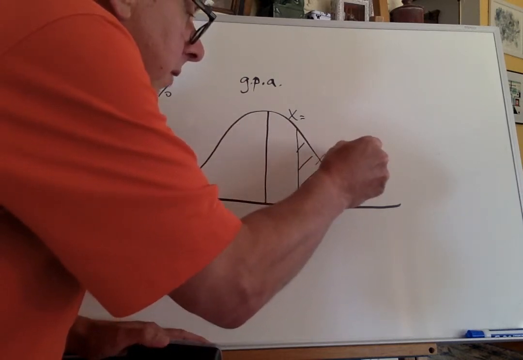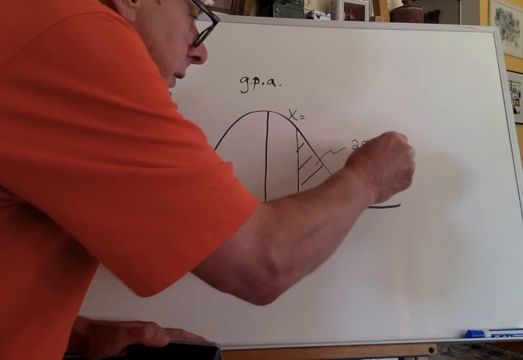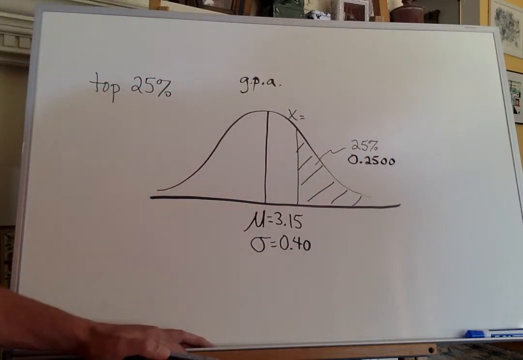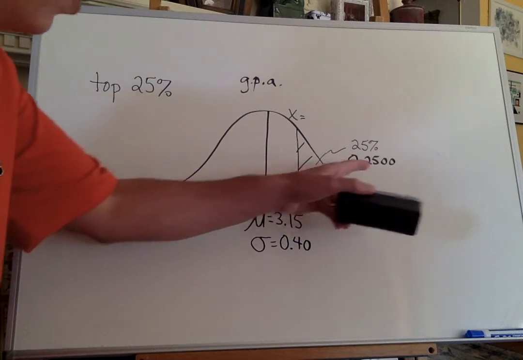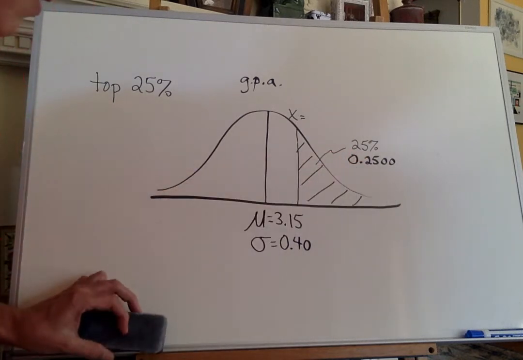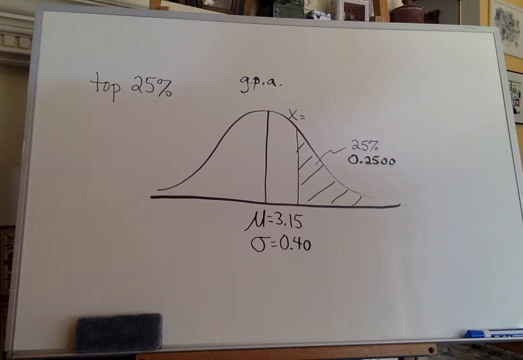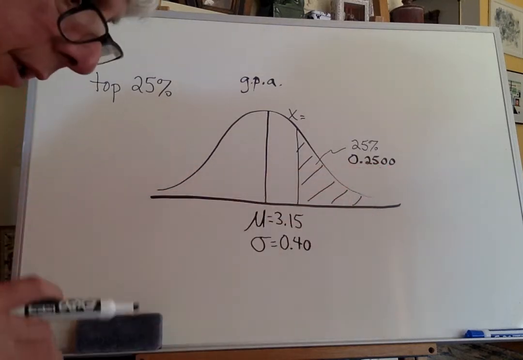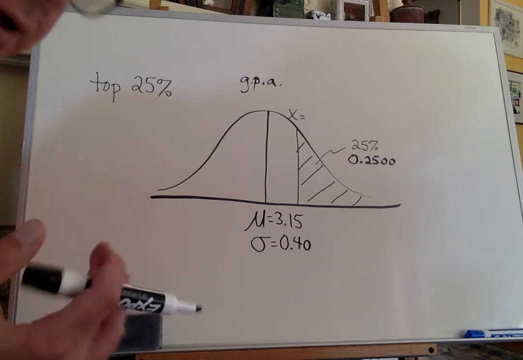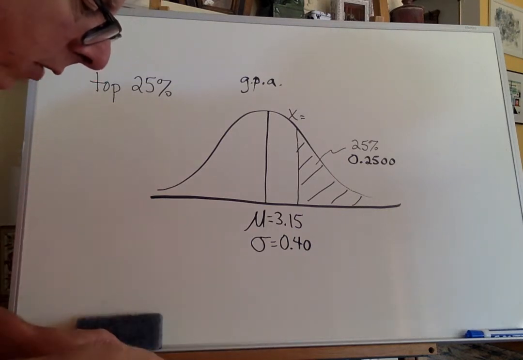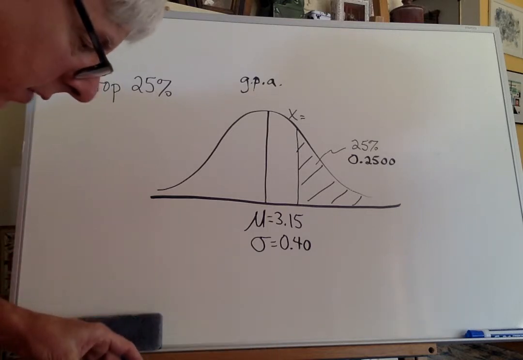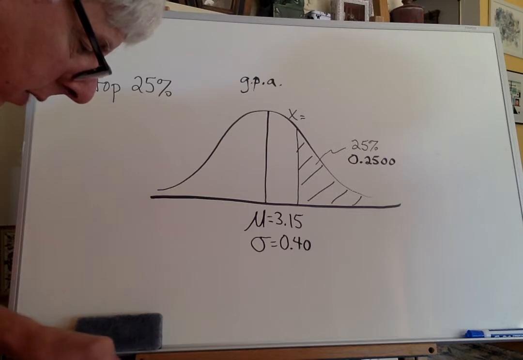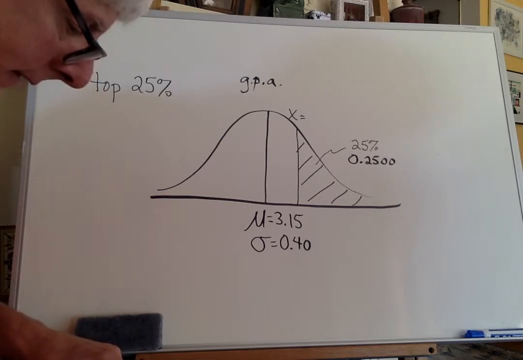But I'm going to convert this to 0.2500, okay? Proportion, percentage. It's really the same numeral, it's just where you place the decimal, okay? So I know that that's the proportion in the tail. So now I'm going to use the unit normal table in a little bit different way. I'm going to look at column C, and I'm going to look for 0.2500. Well,